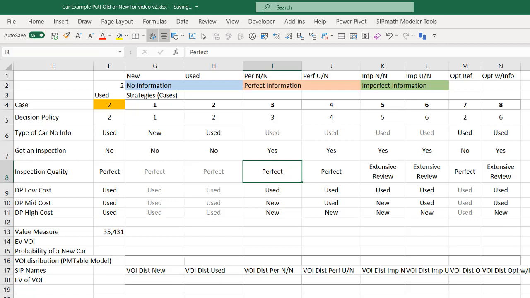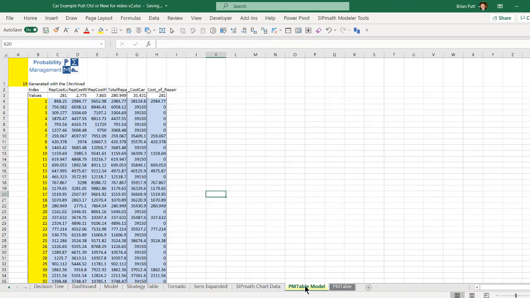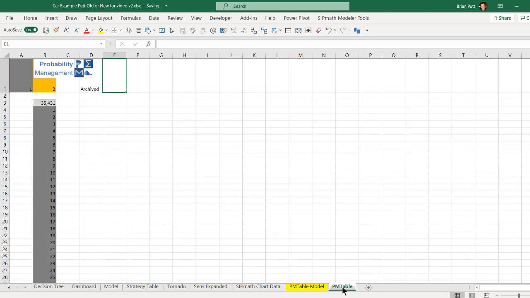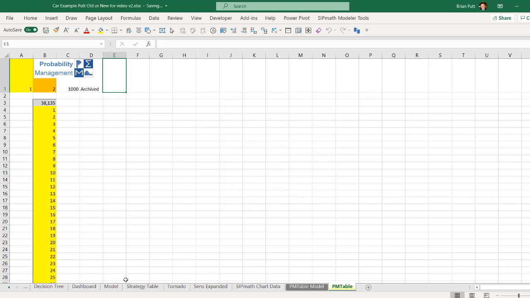Well, first of all, I'm going to use multiple experiments, and when I do multiple experiments, I want to make sure I have a blank PM table. So I had already archived the model PM table, and now I need to go back to this blank one. I'm going to do that using this Save PM Table icon, and I will go back to PM Table, and I'm going to retrieve that, come back to my strategy table,